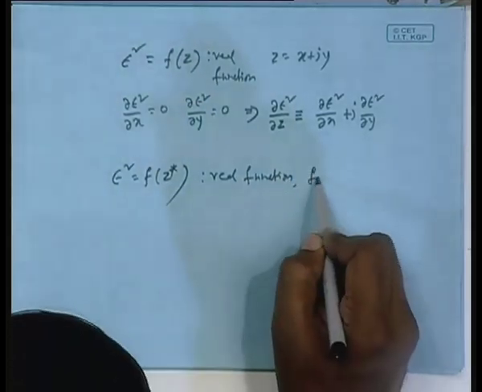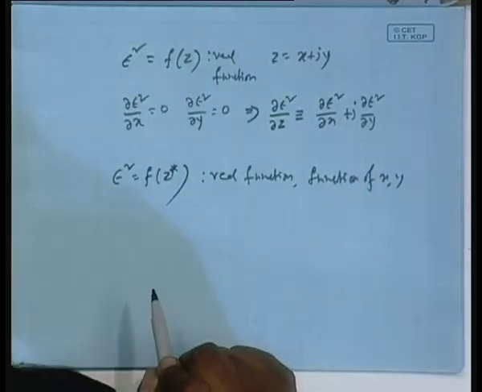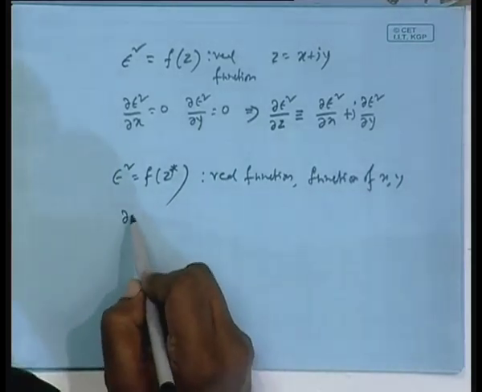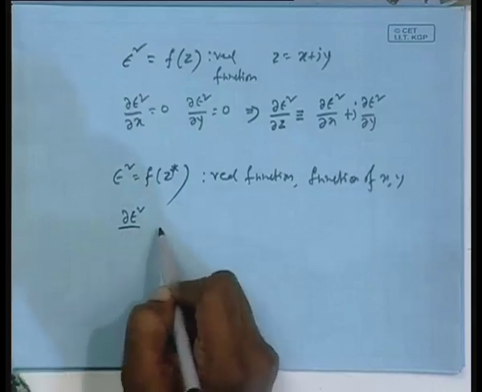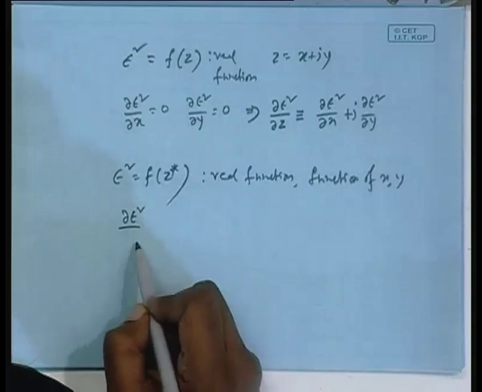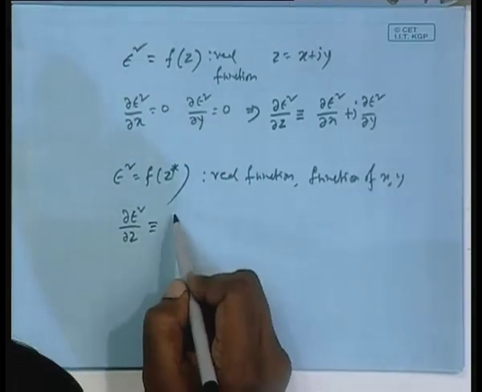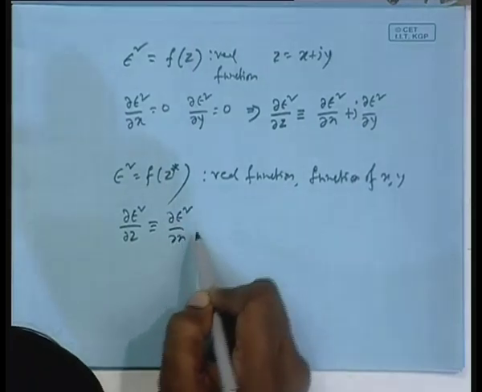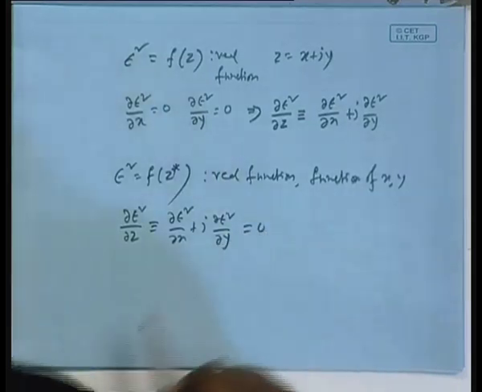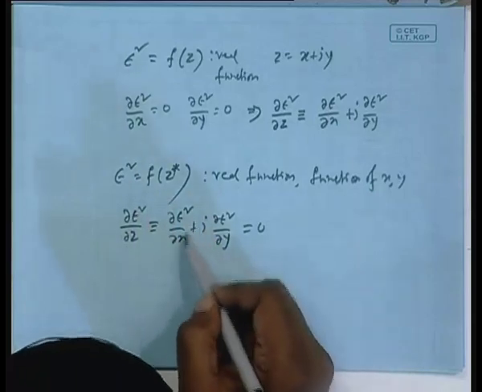But still it is a function of x, y only, and again I want to find its minima. So again I have to do this: del epsilon square del x equal to 0, del epsilon square del y equal to 0. So even if it is a function of z star, if I use the same definition and equate it to 0, I will still get the minima here, because after all I am interested in this being 0, this being 0,